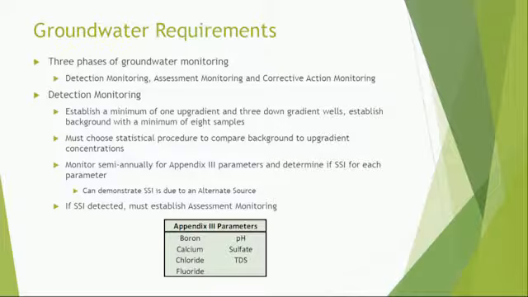In other words, if groundwater's flowing this way, I have an up gradient and I have a down gradient. So if it's up here, more than likely, this unit didn't cause that contamination. It's coming from somewhere else. And again, you can't just say that. There's proof, there's all kinds of things that we have to go through to prove this. And much of it is about our groundwater samples and through this process.